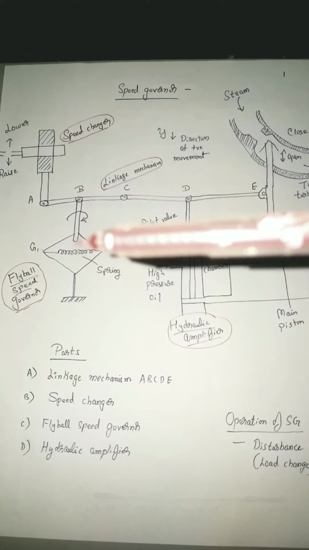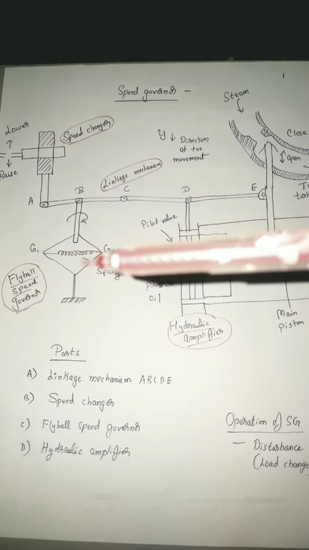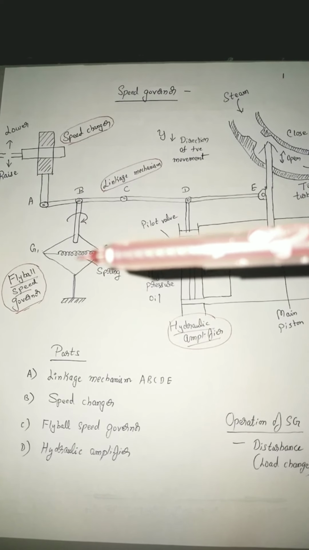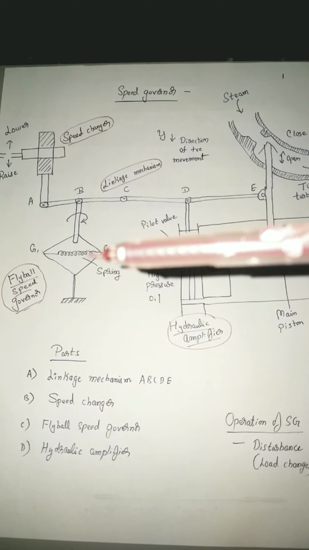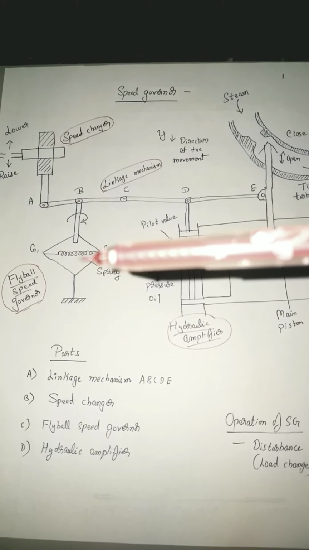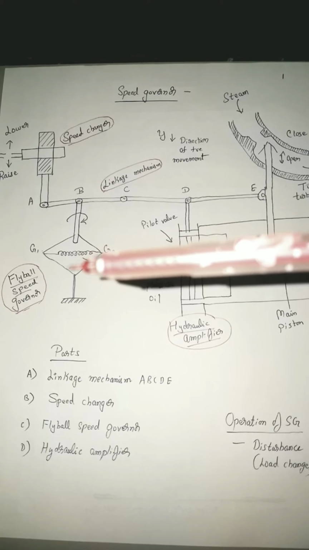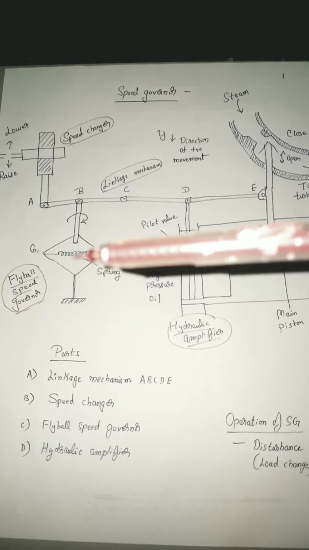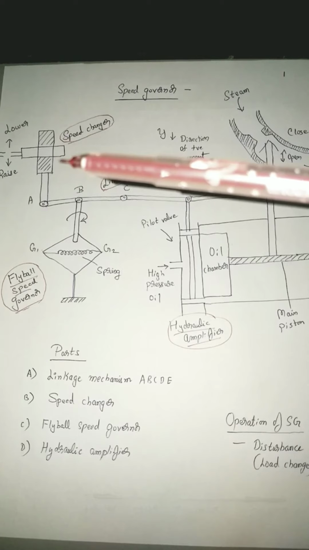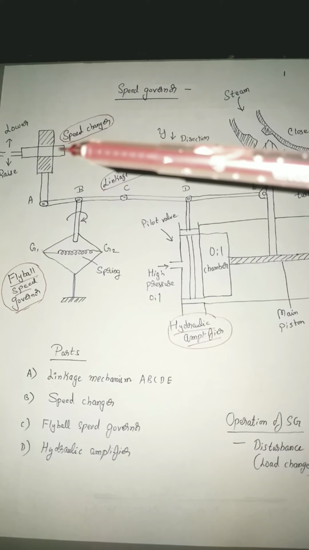50 Hertz in the sense, you know that speed and frequency are directly proportional parameters. Nominal speed will be with respect to 50 Hertz. So if the speed has reduced, automatically frequency has reduced below 50 Hertz. So now as a response to this, the speed has to be increased. It has to be brought back to the nominal speed such that the frequency also will be brought back to 50 Hertz. For that, the speed changer will try to raise the speed of the machine.